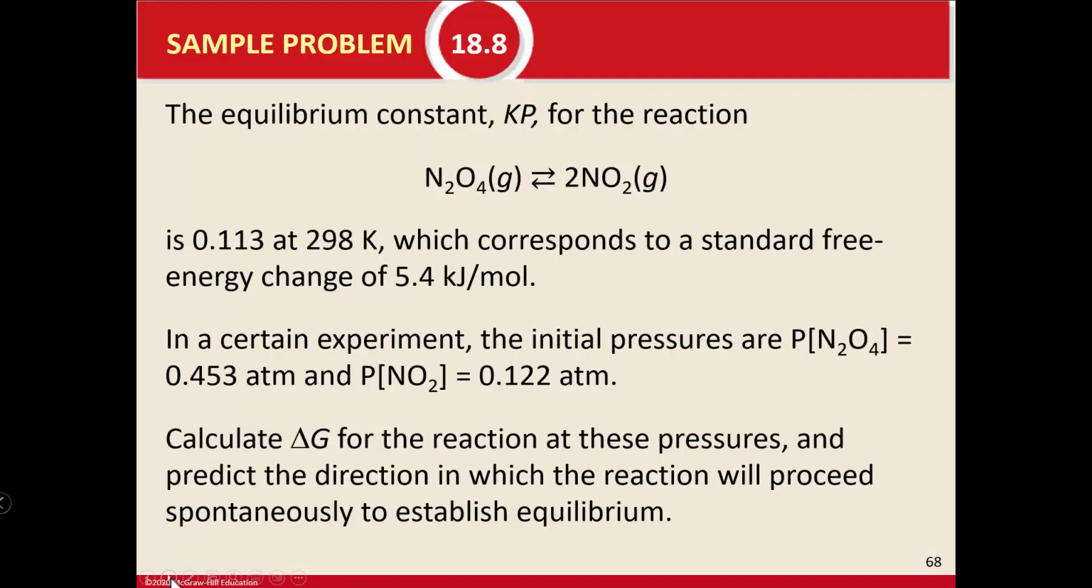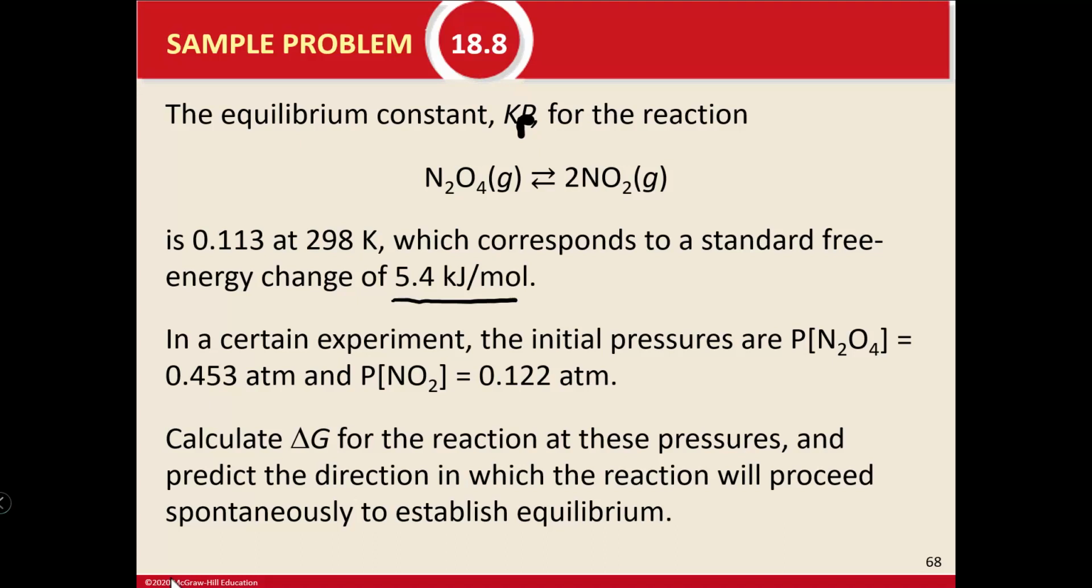So let's look at a problem. All right, so it says the equilibrium constant Kp, and again, this is a typo. This should be a subscript P. So we're talking about equilibrium constant pressure that we learned in the previous chapter. For the reaction is 0.113. So that's the equilibrium constant at 298 Kelvin, which corresponds to a standard free energy change of